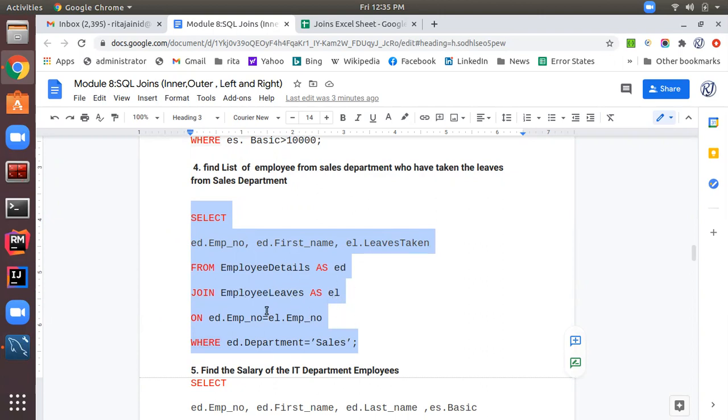I am giving a short name to employee leaves as el. The on condition would be ed.emp_number equal to el.emp_number, where department equals sales. So here also we are joining two tables based on the common column emp_number. Let's execute this query.